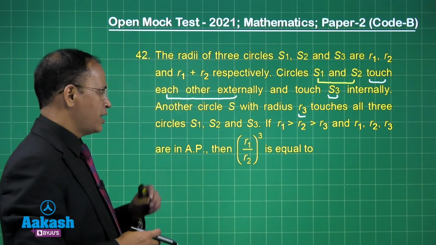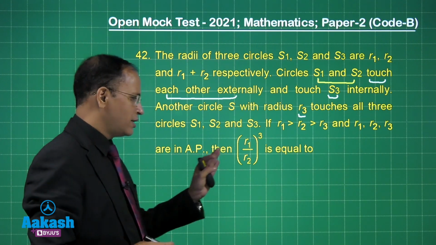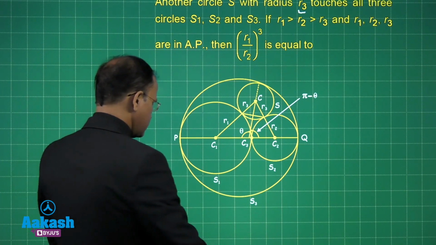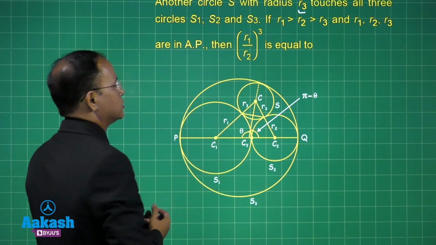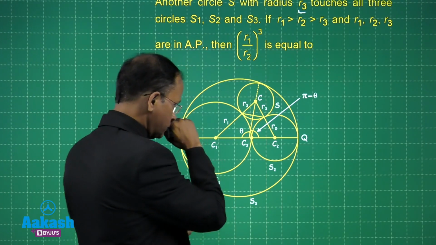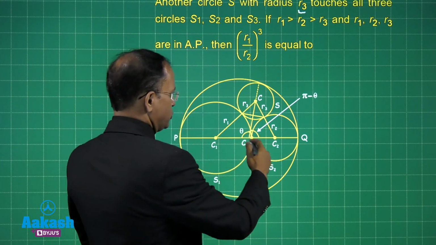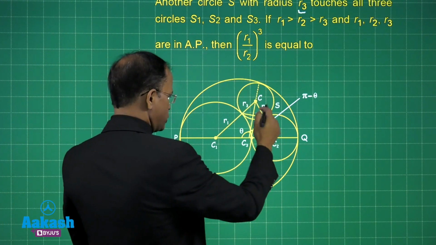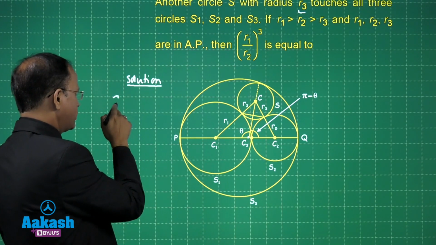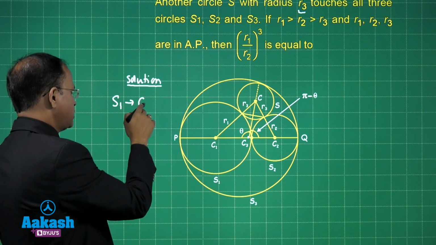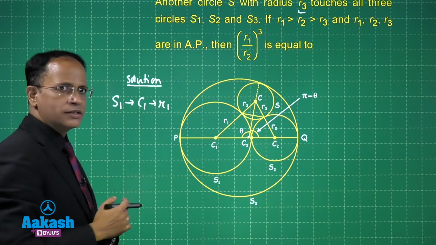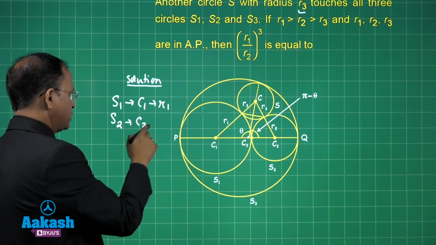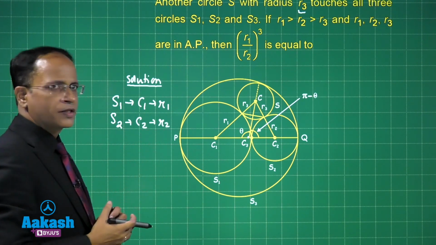and if we have R1 greater than R2 greater than R3 and R1, R2, R3 are in AP, then we have to find the cube of R1 upon R2. You have been given the circle, this is the circle we have, the bigger one, because R1 is always going to be greater than R2, then we have R2 is greater than R3. So, circle will be something like this, and the R3 is the smallest one. Now, if we talk about the circle S1, so this is a very important thing, the center is C1 and the radius is R1, okay. Let us understand this. Now, let us denote all these things, and this is going to be C2 and the radius is going to be R2, okay.